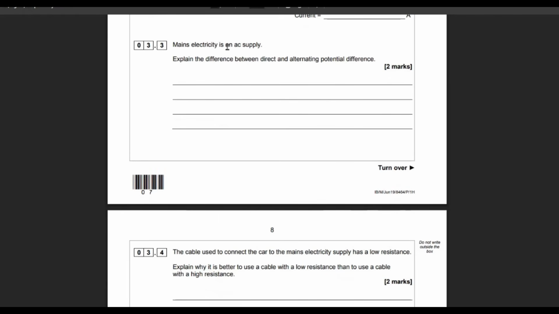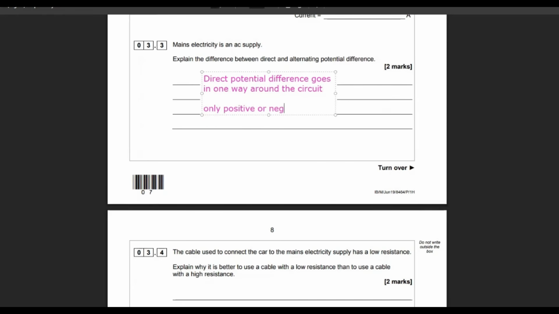3.3. Mains electricity is an AC supply. Explain the difference between direct and alternating potential difference. AC stands for alternating current, but what is the difference between direct and alternating potential difference? So really, direct potential difference goes one way around the circuit, goes in one direction, only positive or negative,